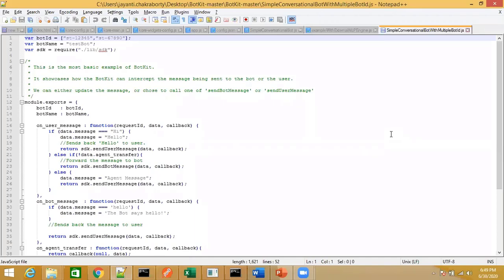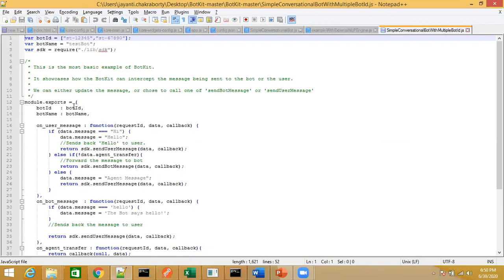Okay, so within the bot-get, if you have installed the bot-get, you have a file over here called the simple conversation bot with multiple bot IDs, and here you can integrate multiple bots together. Just put the reference of all the bot IDs over here, the different bots which you want to integrate. Similarly, the names of the bots one after the other, separated by commas.